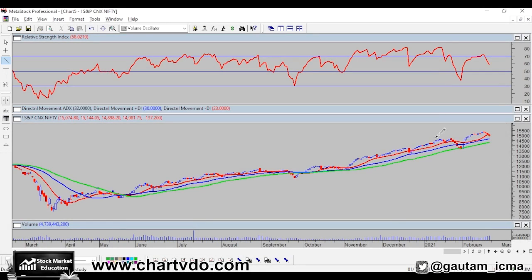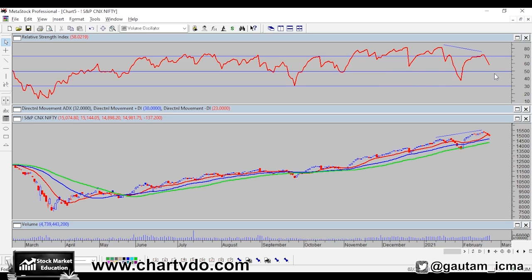The RSI is clearly exhibiting negative divergence. We had discussed this point, but all the same, what I always point out, please have a look at the equilibrium line. The RSI is still above the equilibrium line. As long as it maintains above the equilibrium line, well, the trend in that case would remain on the upside.